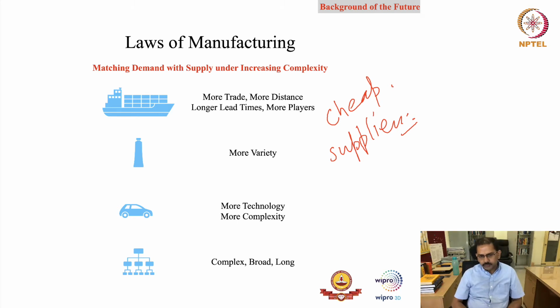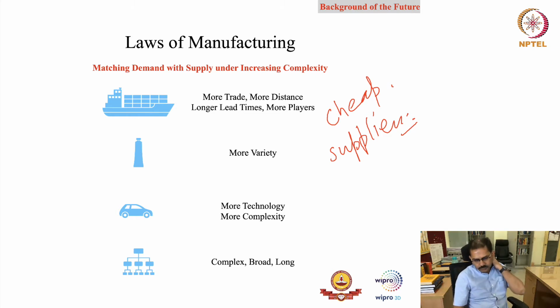You can think of a typical automotive example where the technology keeps on increasing. So you see more and more digitization. Now you may be talking about autonomous vehicles, right? So you may have a laser camera which can scan the environment, right? More complexity, so the number of components may keep on increasing, right?